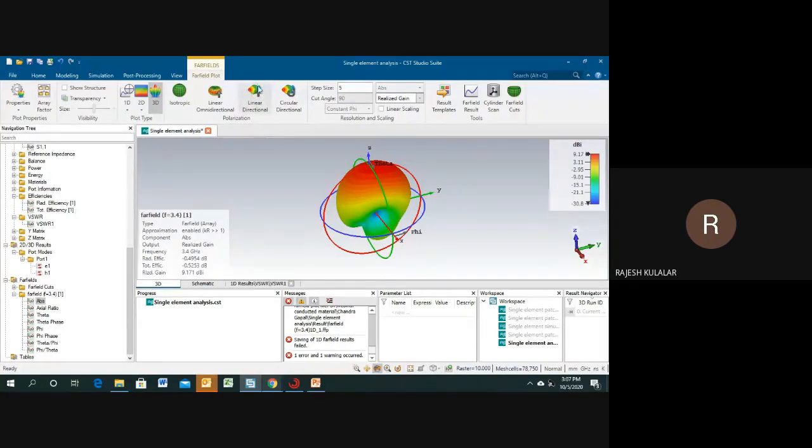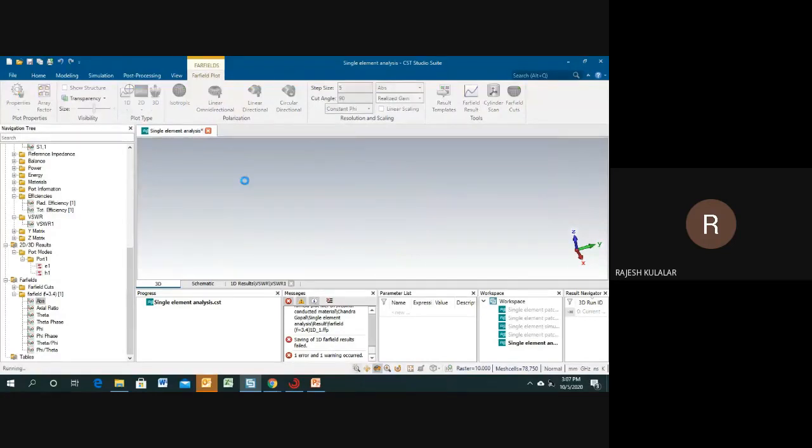This one is a linear directional for checking the simulation. Now you can check the far field here. Actually, the 1D far field results were not saved due to some problem in the system.